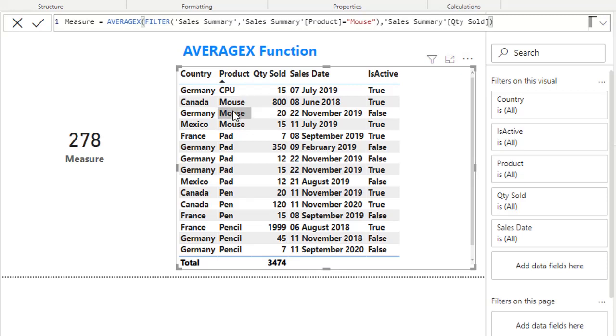So only these three rows will be scanned and the expression will be evaluated for each row. This is the sum of 820, 15 and so on, divided by 3. So this is the average for the product mouse. So this is how you can use the AVERAGEX function.